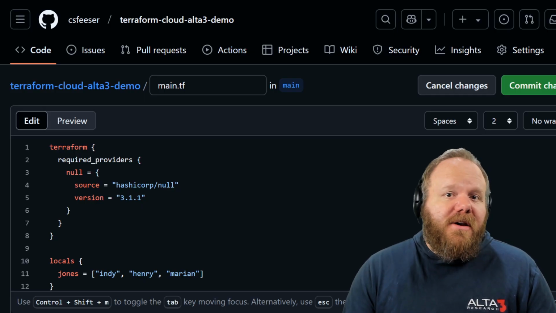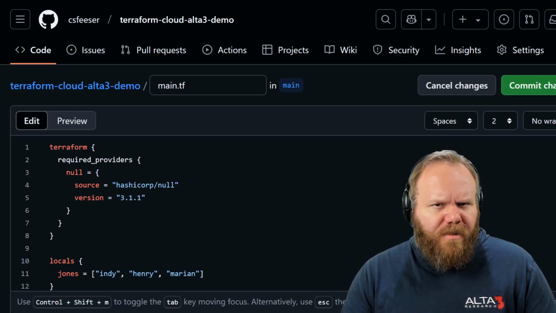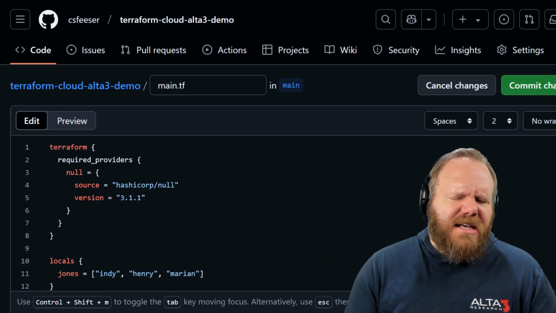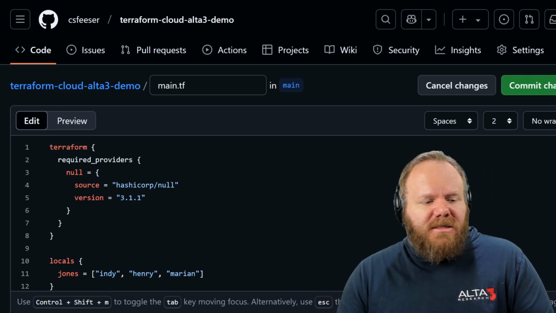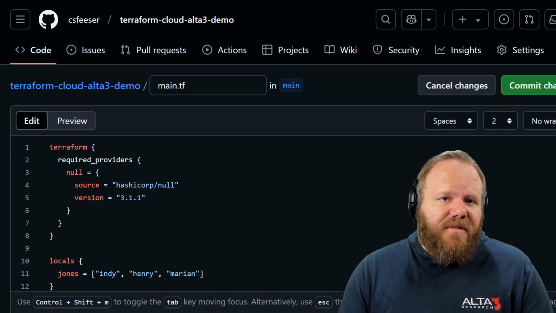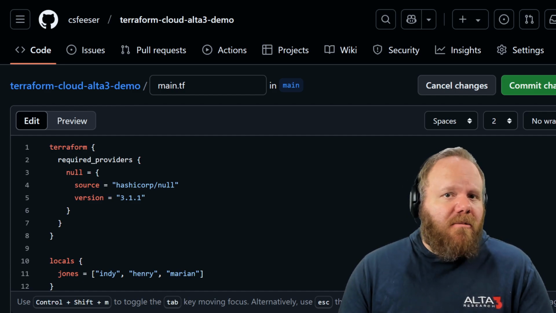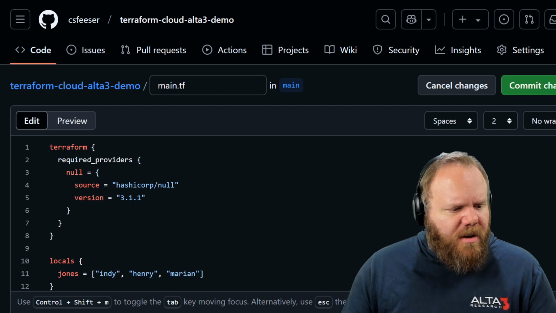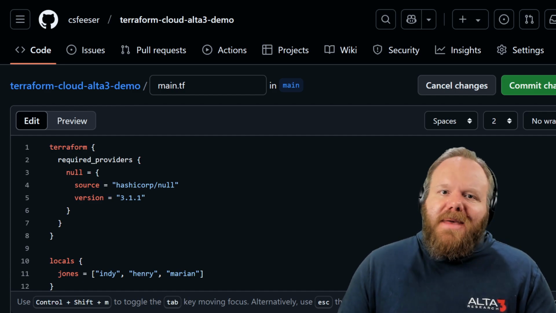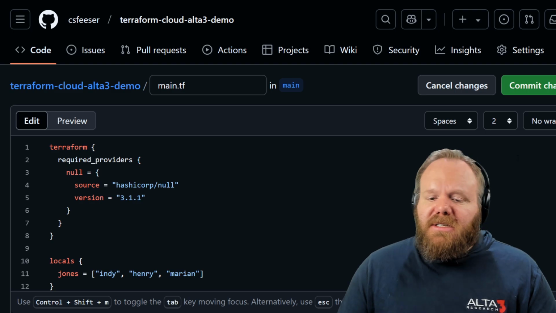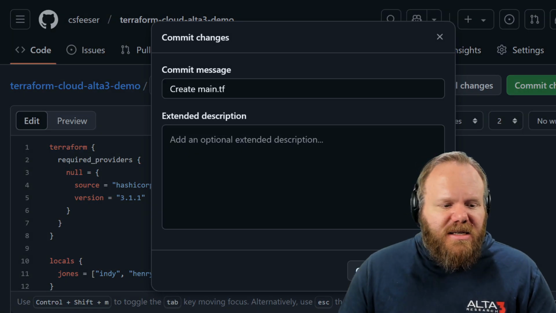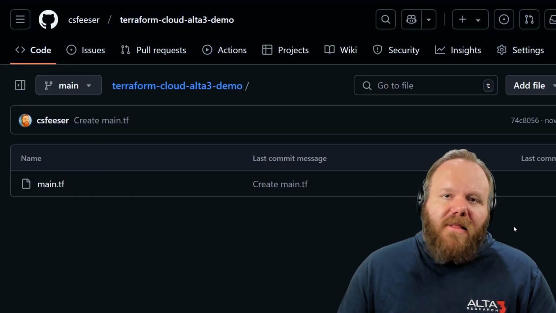Okay, so what I've got here is a brand new GitHub repository. You can use any other SCM tool. GitHub just happens to be the most popular. And very simple TF file that I've got here. Complexity is not what we're looking to do, but I do want to point out that the Terraform block makes no mention of cloud or anything like that. You don't have to. Simply make sure that this is committed and ready to go,